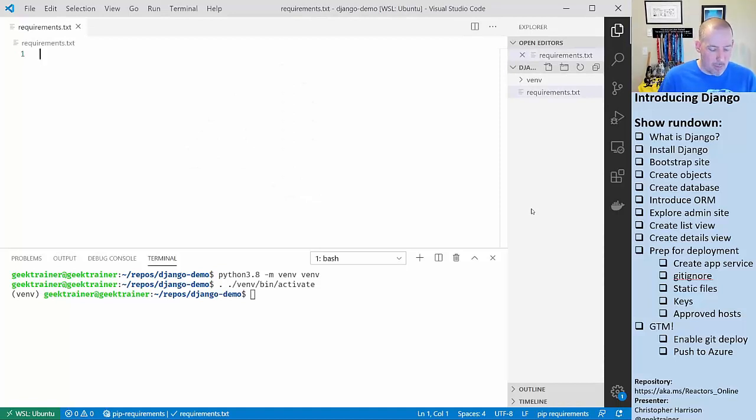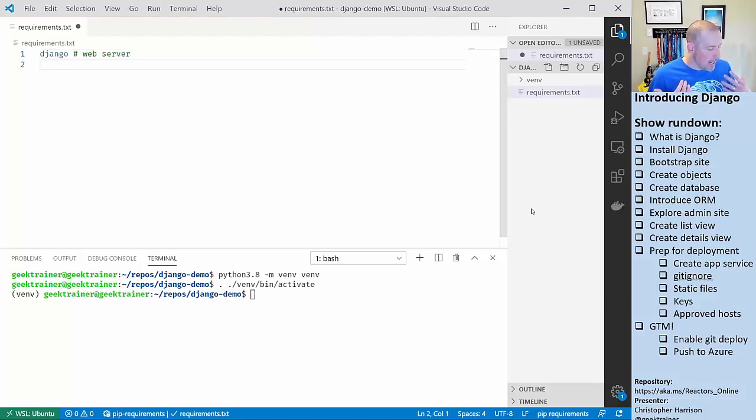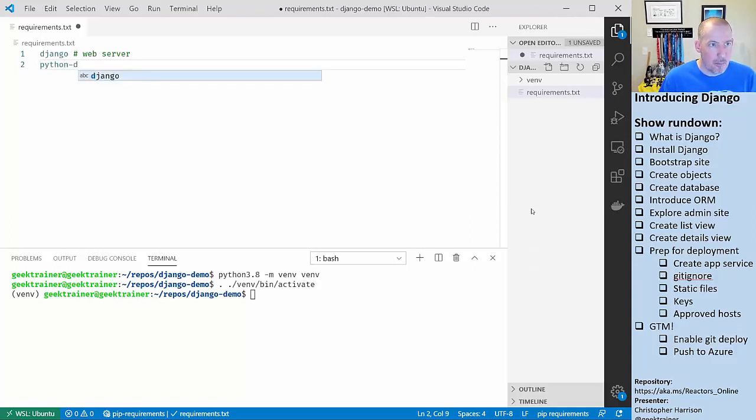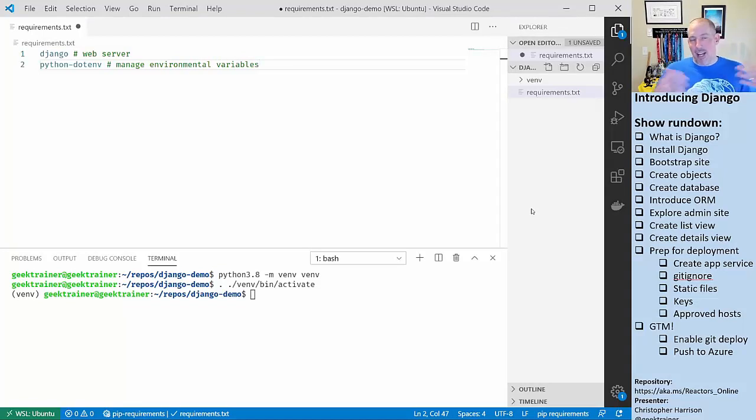And inside of your requirements file, what you do is you list off all of the packages that you're going to need. So we're obviously going to need Django, since we're doing Django. That one kind of makes sense. We're also going to need a little helper called dotenv, and this is going to help us manage our environment variables. So that way I don't have to worry about setting variables or anything like that. We'll be able to just do that with a .env file. And then we're also going to need a little thing called WhiteNoise. And this is going to be for serving